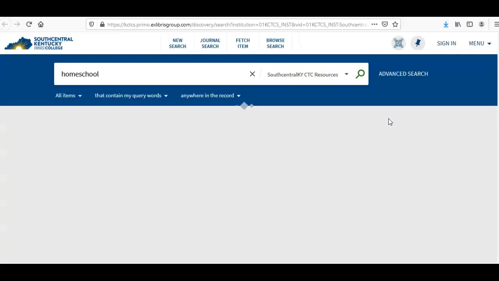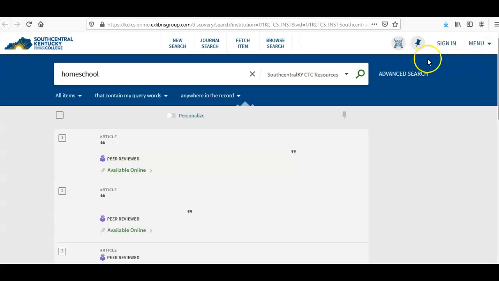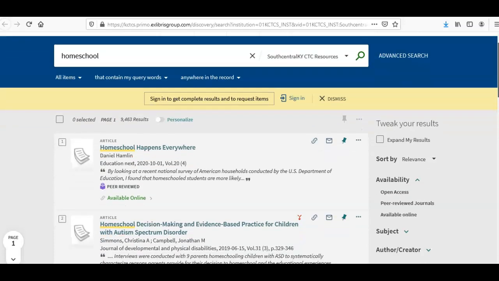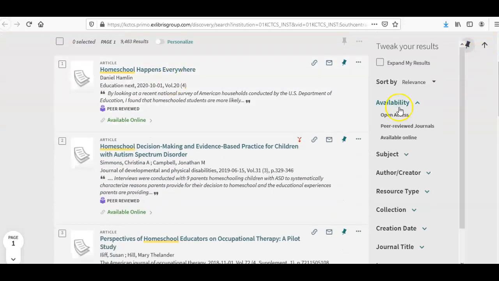So when I click it in the main box on the library page, I'm going to get quite a few things. Now the advanced search will let you do a lot of different things, and you also know that it tells me to sign in. So I have to sign in to see some of this stuff. Now, one of the things that you can do in here, you can do open access. That means that you can access it anywhere on the web. You don't have to worry about,